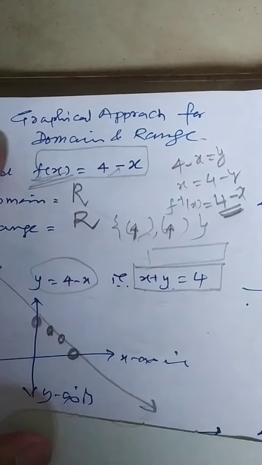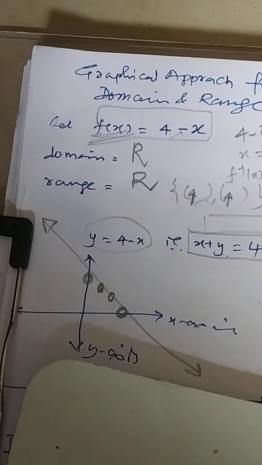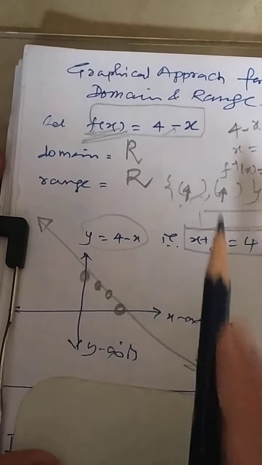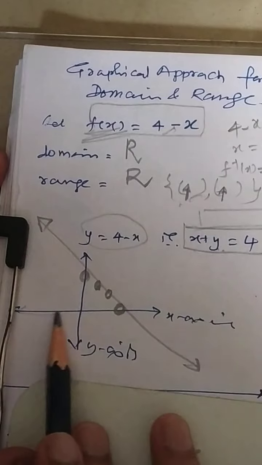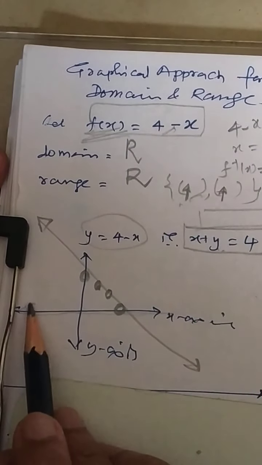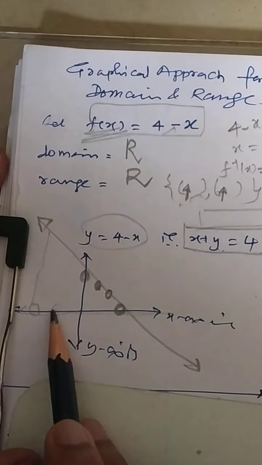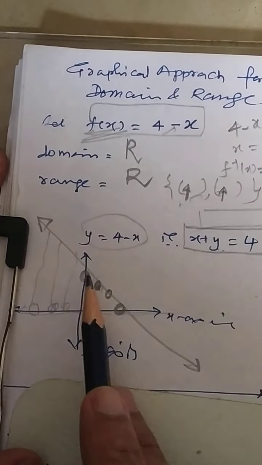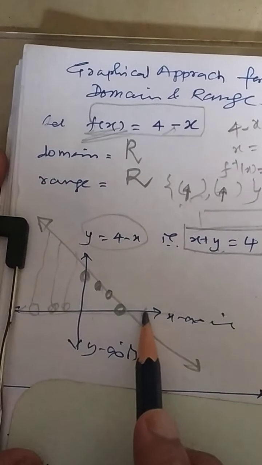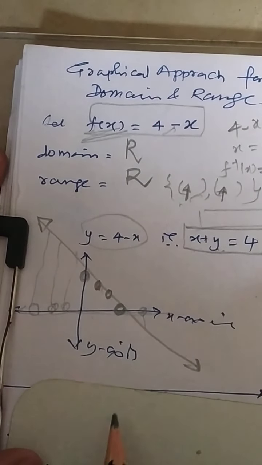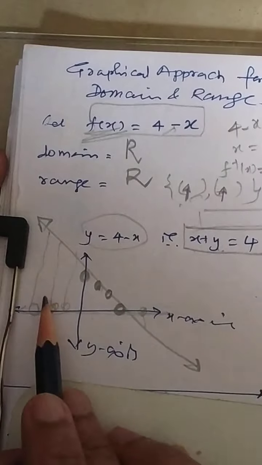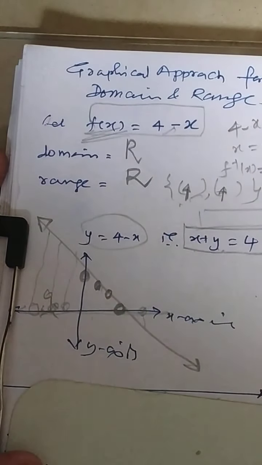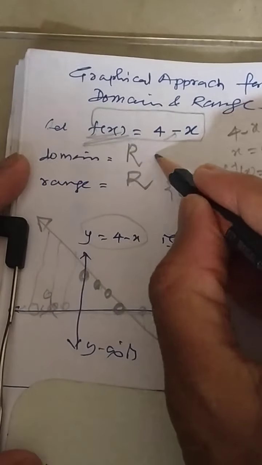Now I am sharing something different. Try to understand that point. Domain is nothing but x values. So for the variation on the x-axis, I am moving on the x-axis and trying to find out that for every point there is a solution. Look here. These are the points which we have calculated, but the line can be extended. If you are asking about this one, there is a point like this. So if you move along the x-axis, you can see the graph for the given function. Therefore domain is nothing but R.